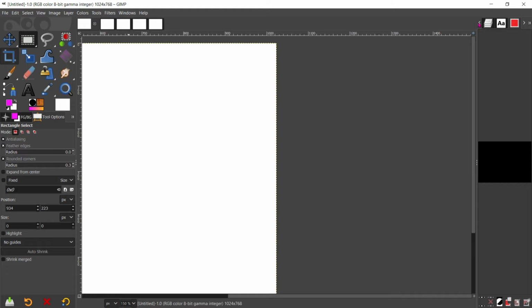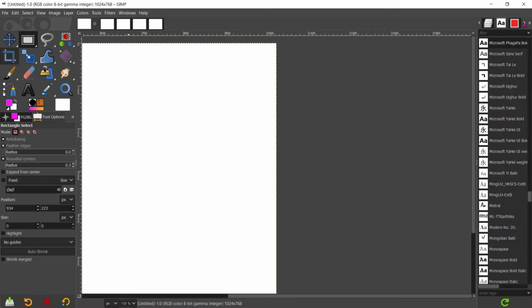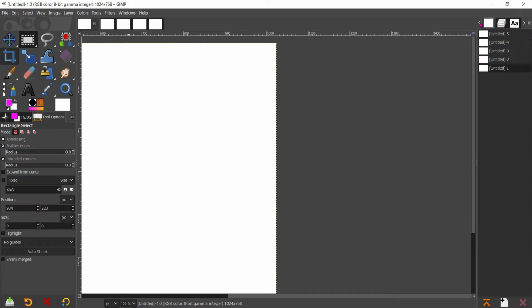Similarly on this side we have, you can just click here, so it has moved to the text. It will be moving like this. This is layers, and we have here images, what we have selected here, right?